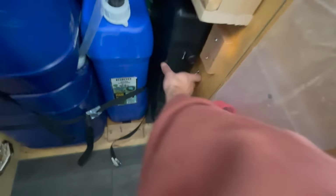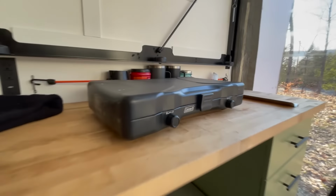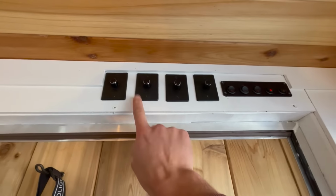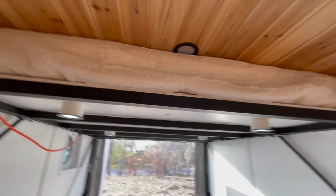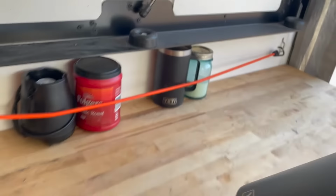This is a Coleman stove. So that just unstraps and pulls out. You can cook inside, outside, whatever you want to do. Here we got a bunch of switches and dimmers. I'll label these, that's probably easier, but these can lights are on a dimmer. These lights above the bed are on a dimmer, so when the bed comes down, you can have those on a separate circuit. This bungee is really nice for holding things in here, so if you want a coffee cup,